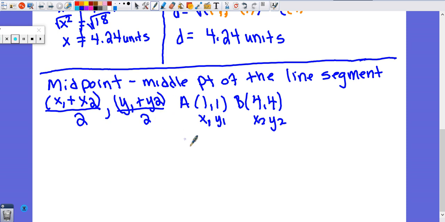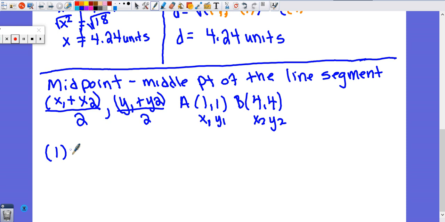So I'm going to go here and just substitute in. And remember, anything we substitute into a formula, you put it in parentheses. So to substitute that into my formula,